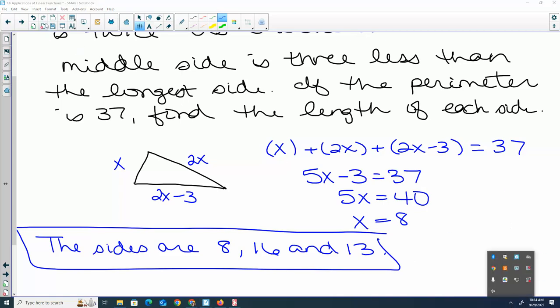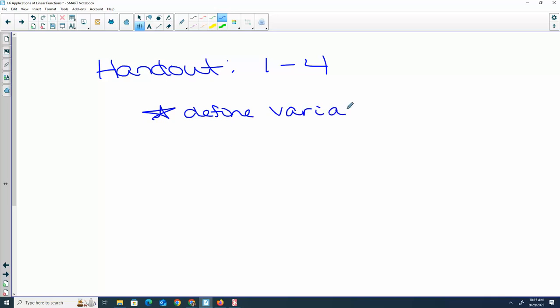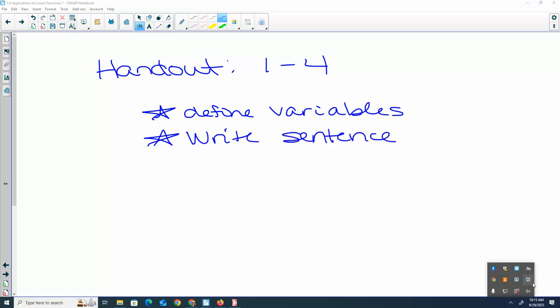There's a handout posted. You are not doing the whole thing. For tonight, you are doing 1 through 4. Remember, always define your variables, whether that's telling me in words or drawing a picture and labeling them. And on every question, you have to write a sentence. Okay, so I'm going to let you guys start this. I might do another